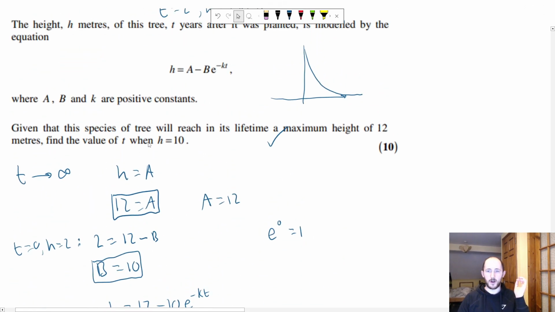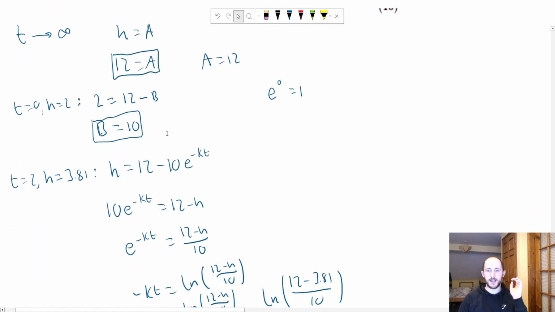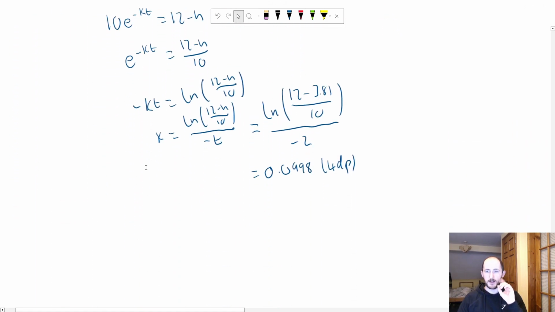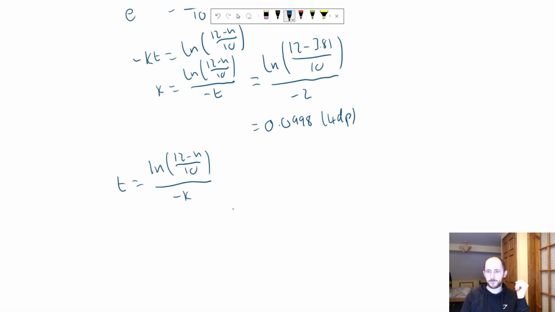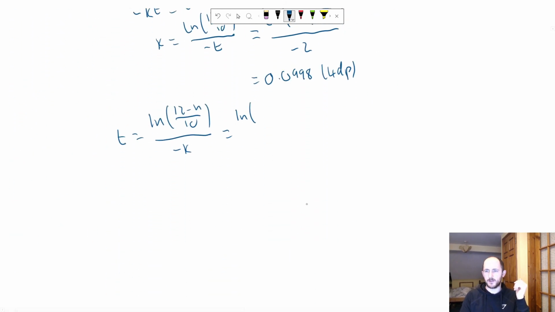Now, finally, we can work out the value of t when h is equal to 10. Now, here's where we can be smart. I can just swap these two around to find my equation for t. I don't need to rearrange the whole thing again, which I have seen students do. We know that t is equal to ln of 12 minus h over 10, all over negative k. Because again, I could times both sides by t, divide both sides by k. That gives me ln, and what was the value when h is equal to 10? So 12 minus 10 over 10, over minus